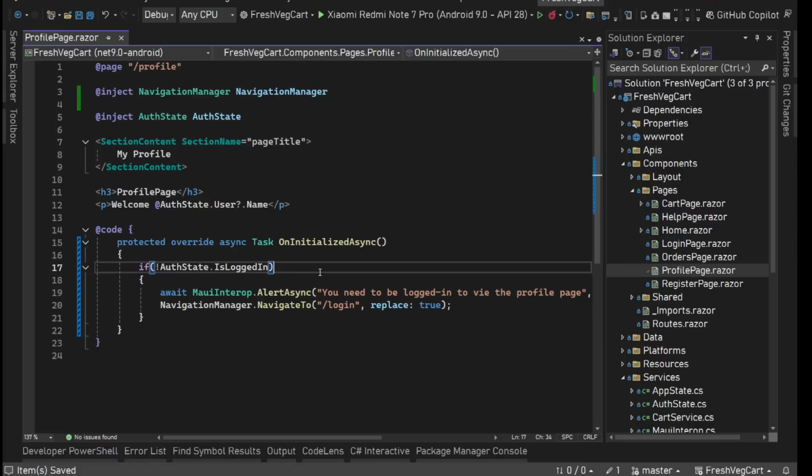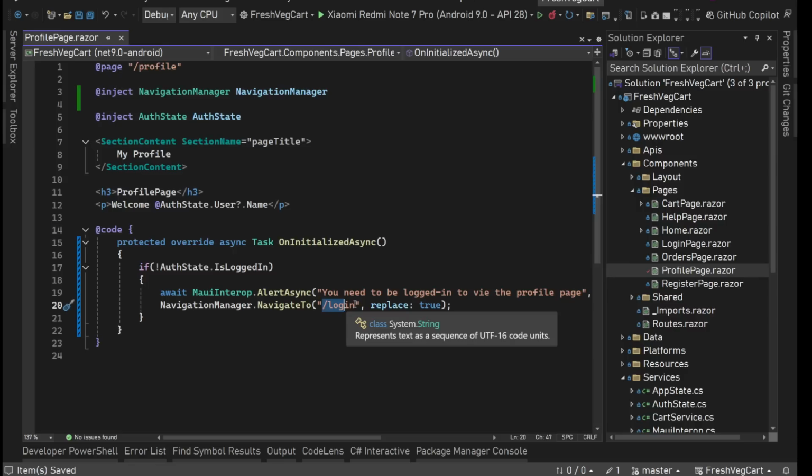How? So what will happen if we don't have this replace true? We will come to profile page, on initialized we'll go to login page, and on login page if we press back button, it will come back to profile page. Here we will again check this, redirecting it to login, so it will be kind of this state. So we will have replace true. That means the current state of the history, URL history, it will be wiped out. So we will have just login. When we press back button, it will not come to this page. That is what we need. And with this, we are good